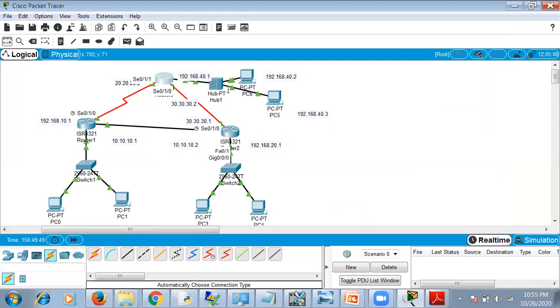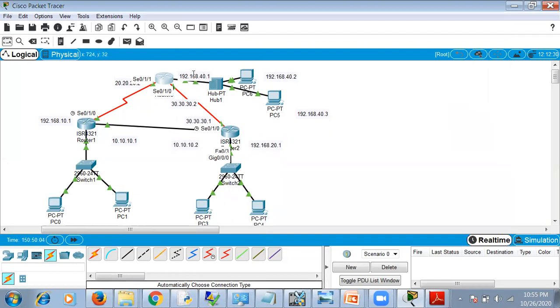Now this is the third LAN. So we've considered a third LAN giving 40 as the LAN address. So 40.2 and this is 40.3. So we'll set the gateway address as 40.1.